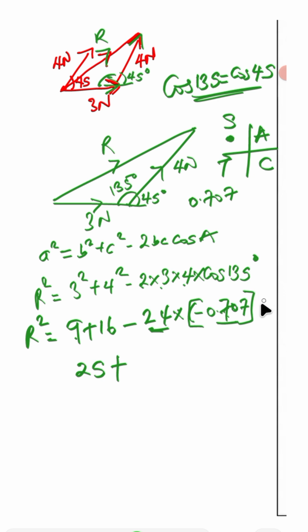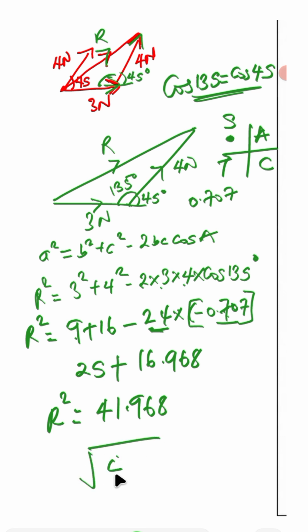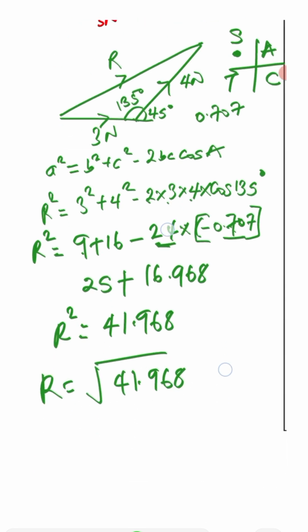So you can press it down with your JAMB calculator. That will give you 16.968. Then you now add this one together. If you add it together, you will get 41.968. So that will be r squared. You can now do the square root. So r will just be